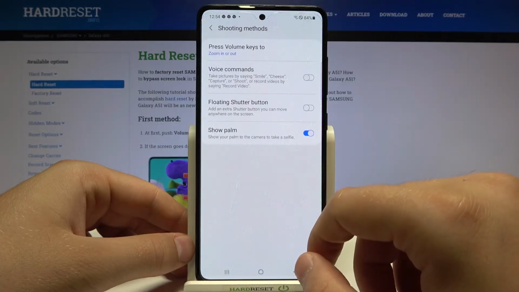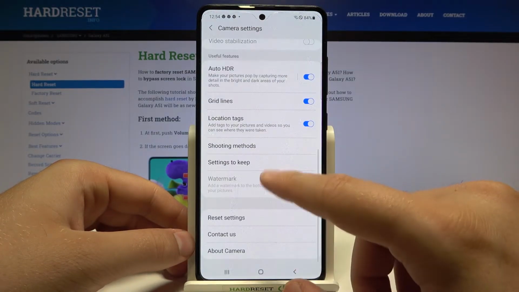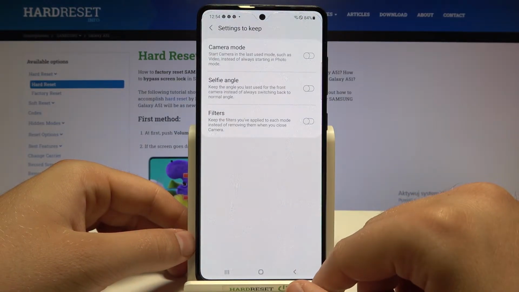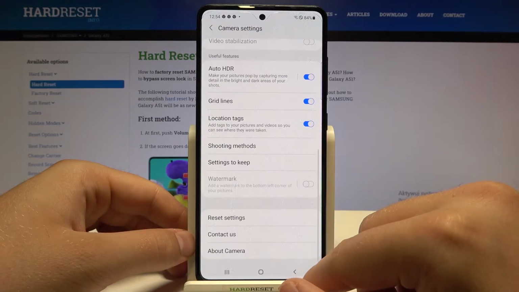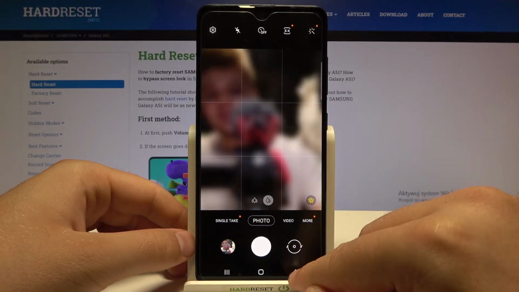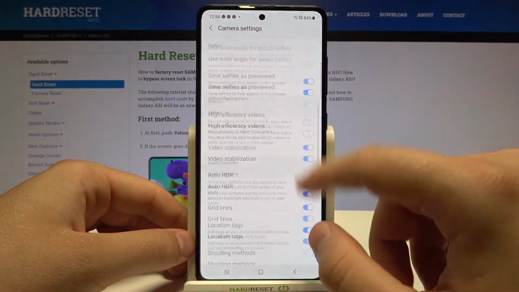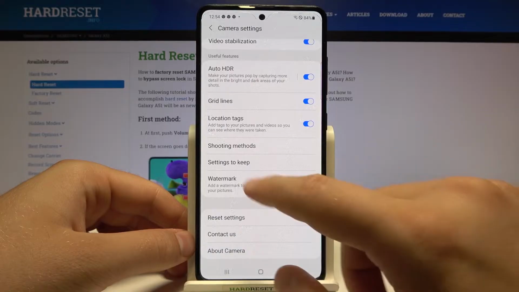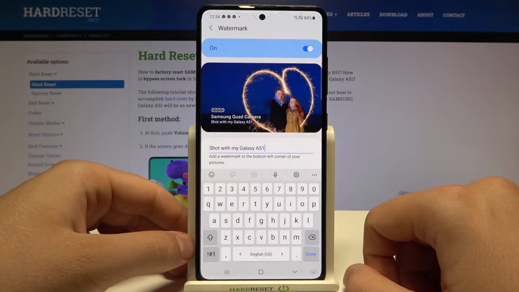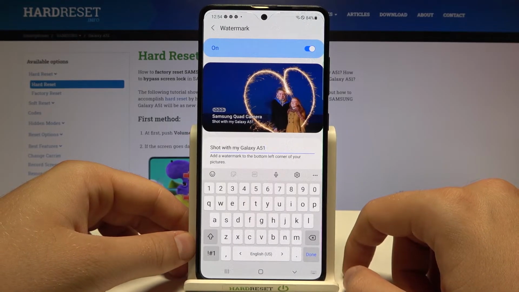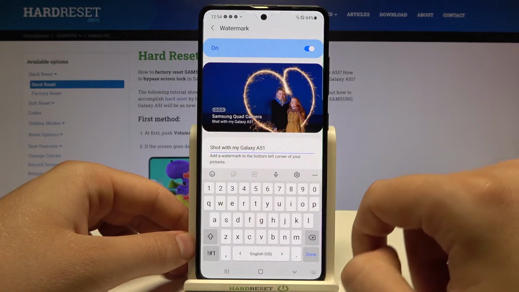Let's go back, and in the showing method it's all, or we can also check the settings to keep. Okay, there's nothing interesting. We can turn on the watermark, but we have to switch to the rear camera, and right now when we go back we can find the watermark. So as you can see right now, we will get a mark on the left bottom corner that the photo was taken with Samsung quad camera shot with